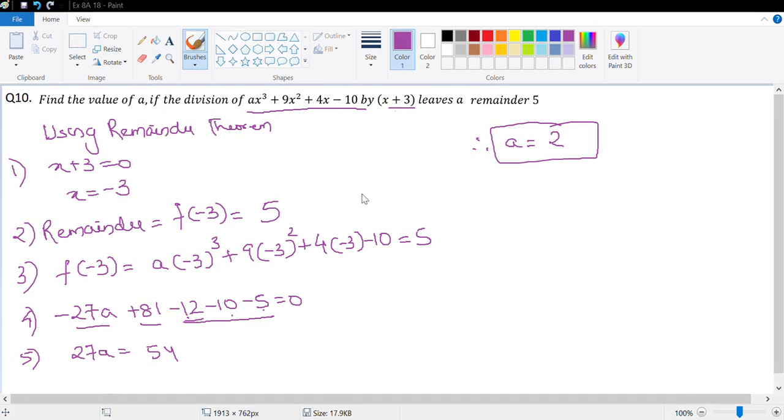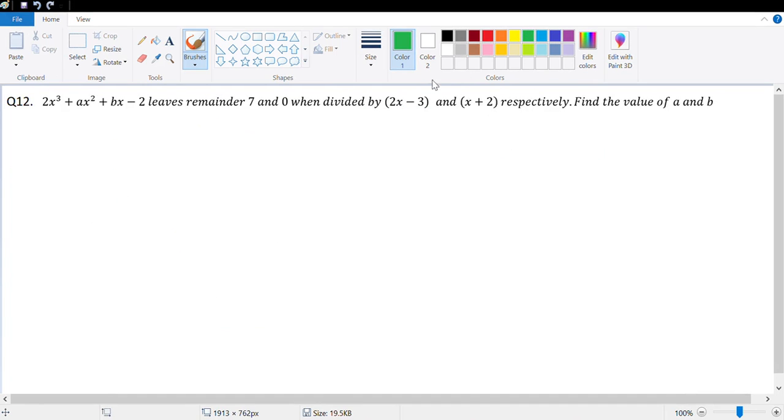That brings me to the next question. The next question that we do is question number 12. It says 2x cubed plus ax squared plus bx minus 2 leaves a remainder of 7 and a remainder of 0 when divided by 2x minus 3 and when divided by x plus 2. We need to find the value of a and b. So using remainder theorem